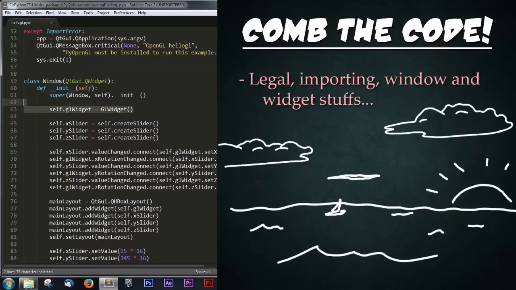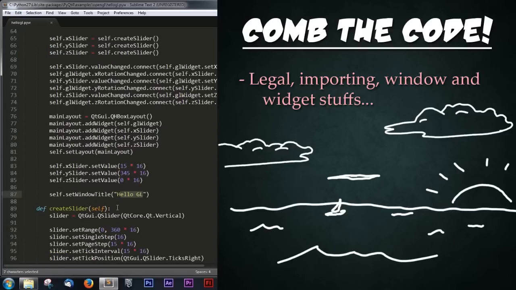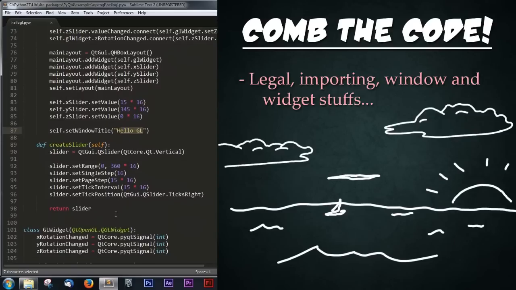And here we have the creation of the GL widget, some sliders. We connect those sliders to different actions. We have the sliders placed in the layout. Here we set the default parameters of the sliders, and then finally we title the window. Okay, scrolling down a little further, we have the actual setup for these sliders because they're very specific for what